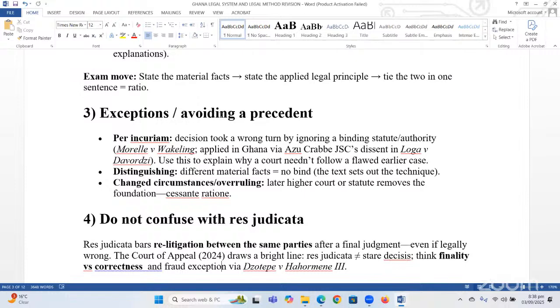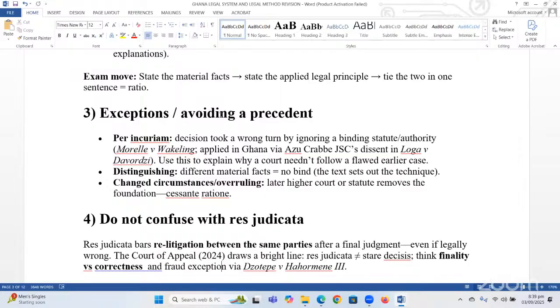Another instance in which a binding precedent may not be applicable is through distinguishing. Distinguishing simply means that there's a precedent which ordinarily should have been followed, but you're able to demonstrate that if we look closely and critically at the facts in the instant case, there are some important dimensions which were not present in the facts of the precedent, which on the face of it looks applicable. So because you're able to point out an important distinction in terms of the factual aspects of the present problem from the precedent,